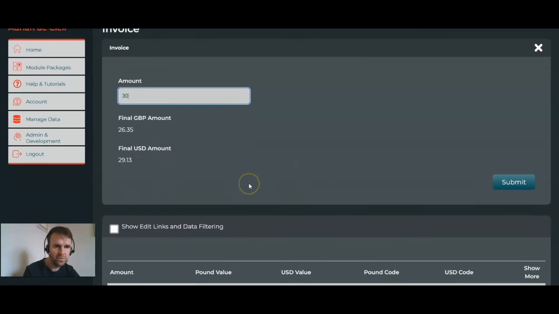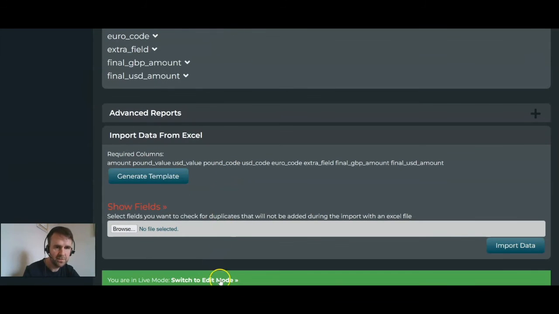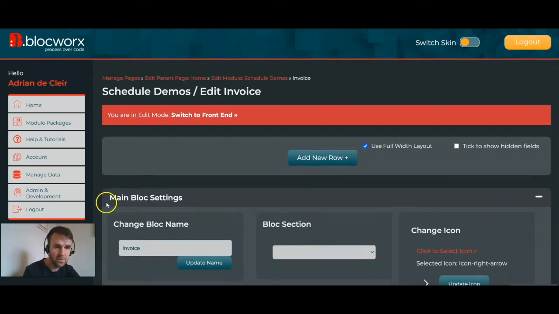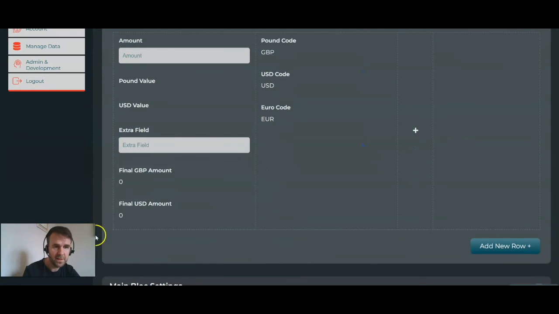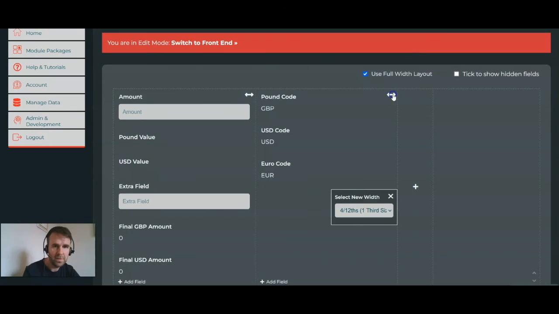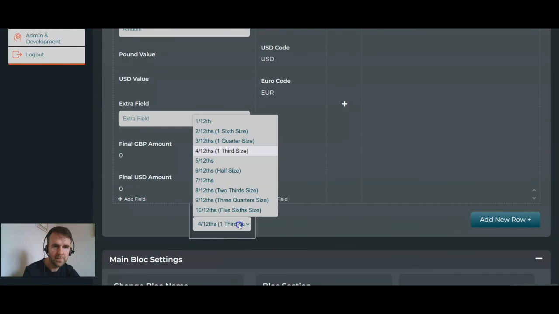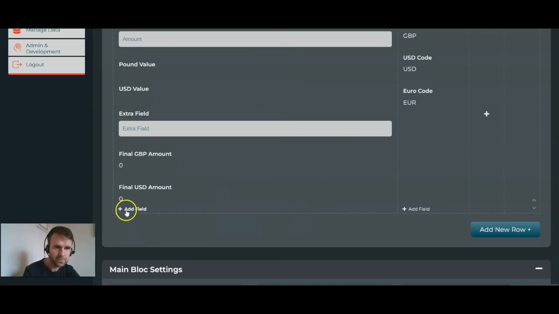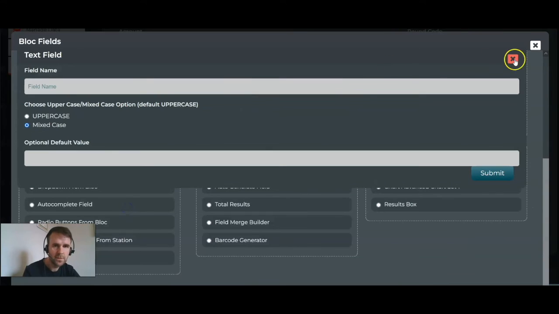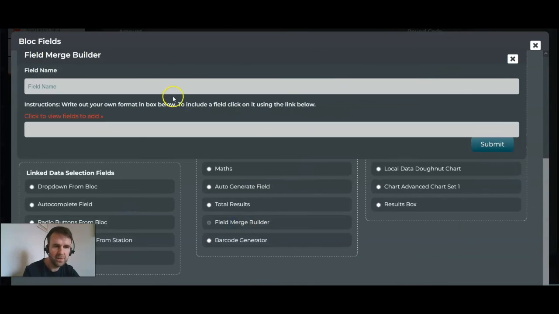And we could do one last thing just for presentation. We could do a merge field, just like a sentence. So we'll make this a bit smaller because we're not looking at it anyway. We make this a bit bigger. A merge field is a field where we can build different combinations of field values in the same field, basically. So you'll see what I mean now. Final output. The total amount in US dollar